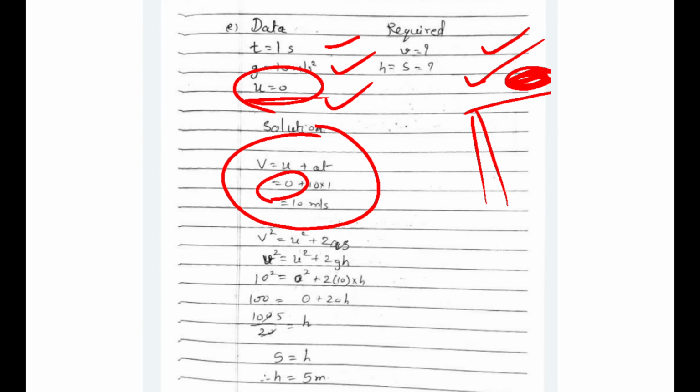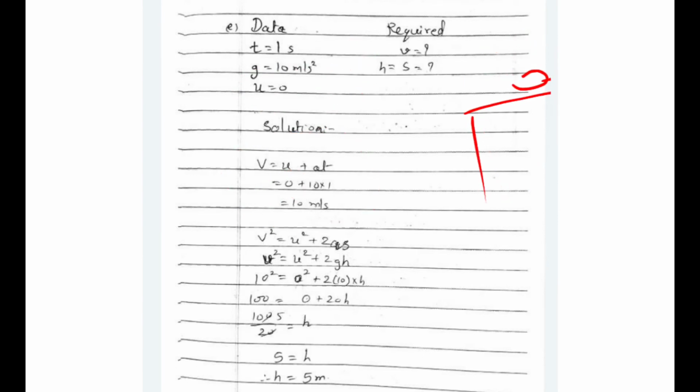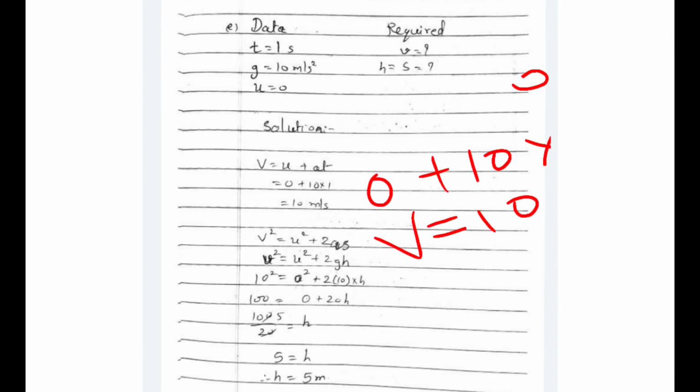Okay, see, now the ball is falling down, acceleration due to gravity is also down, so both are in the downward direction, they are not in opposite direction. So here I will be taking g value as plus 10 and not as minus 10, right? So we will be having plus 10 into 1, so it will be 0 plus 10 into 1, so 10 into 1 is 10, so 0 plus 10 is 10. So we got v is equal to 10 meters per second.